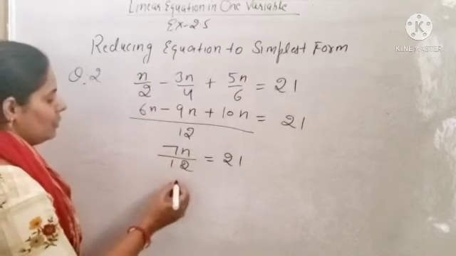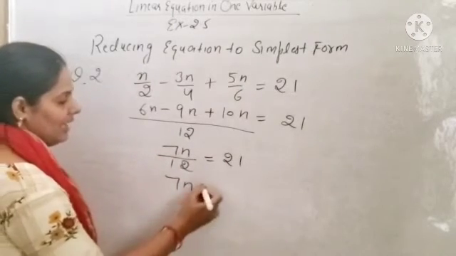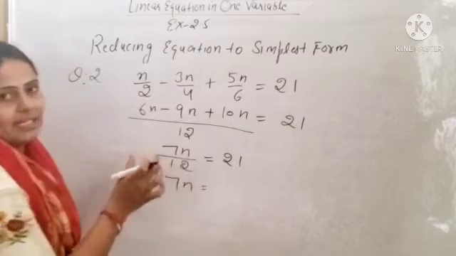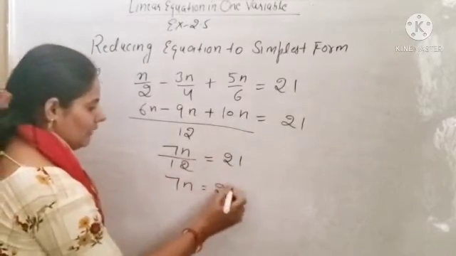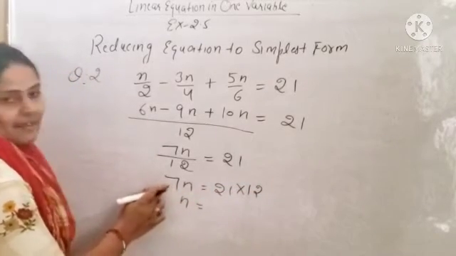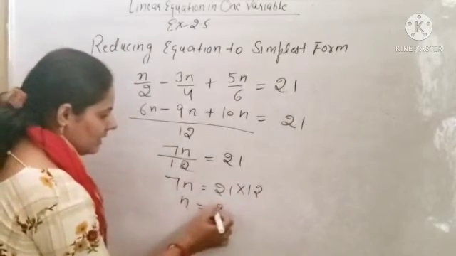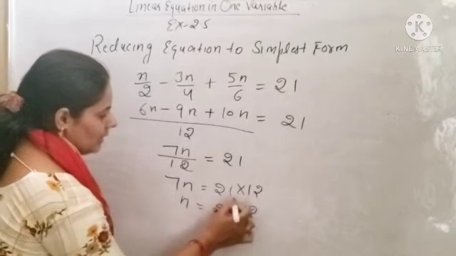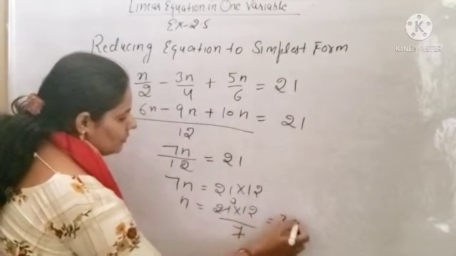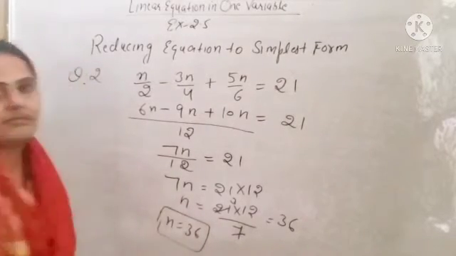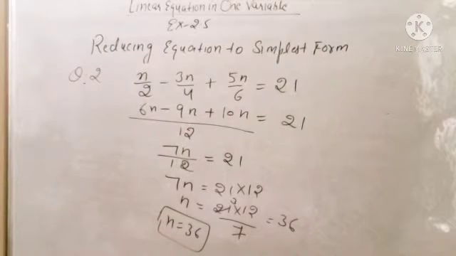Clear? Now you have to find out the value. First you will find out 7n. So 12 will go in multiplication because it is in division on the left hand side. So you will multiply with 21. So 21 multiply 12. Now you have to find out the value of n. So 7 is given in multiplication, so you can take it to the right hand side, and it will come in division. So divide by 7. 7 3s are 21. So 3 multiply 12, you will get 36. So the value of n will be 36. Is it clear? What is the value of n, beta? Simply you can say it will be 36.